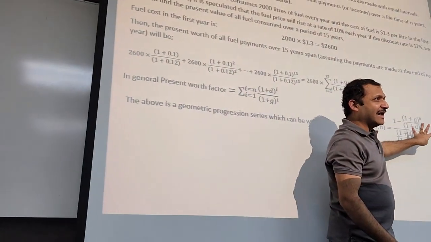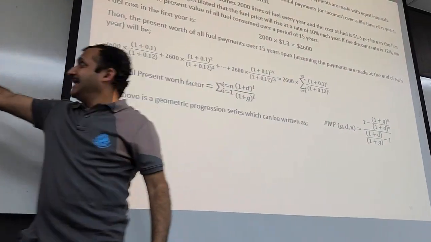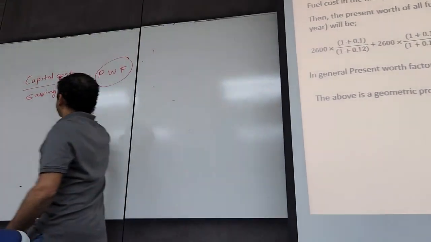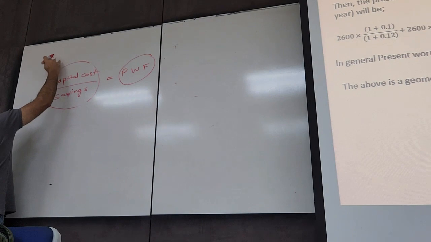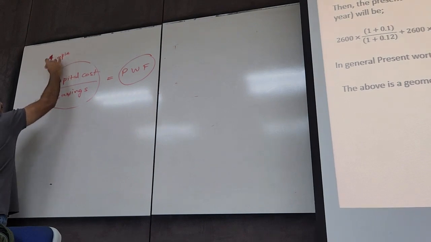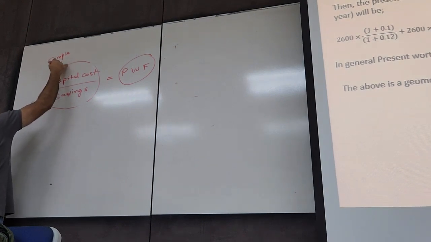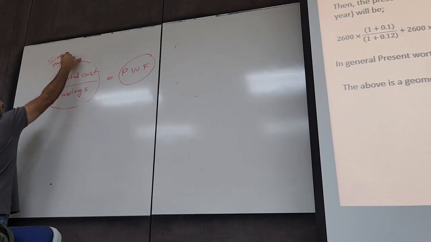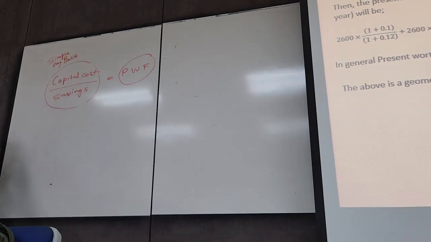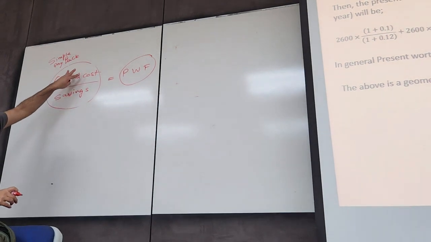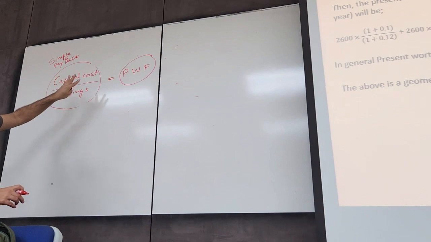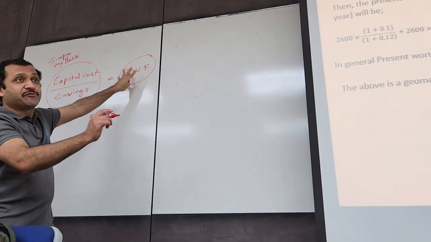That equation goes in there. What is that? That's simple payback. So, capital cost divided by savings, that ratio, when we equate that ratio to our present worth factor,